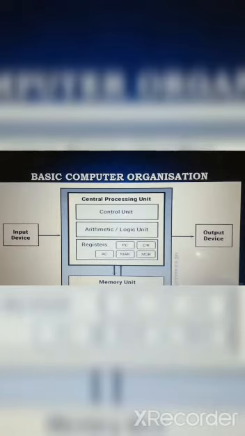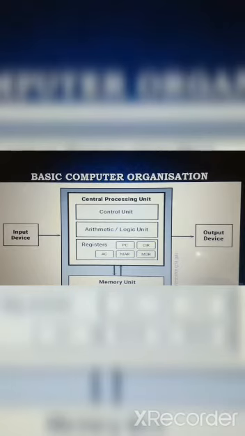The control unit controls all the different instructions that are being given, what data or what instructions need to be passed where, and all of this is controlled under the control unit. Hence we can say that it controls and guides the interpretation, flow, and manipulation of all the data and information inside it. In short, the control unit acts as a supervisor by controlling and guiding the operations taking place inside.